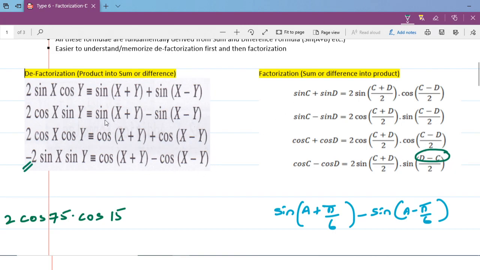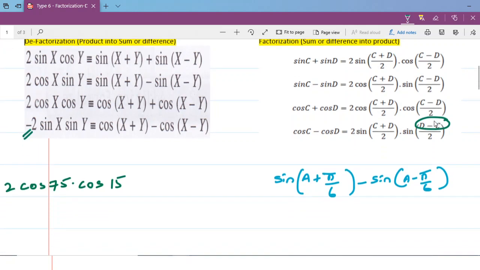So assume that you have kind of memorized all these formulas. There are a total of 8 formulas, and if you know one, you can derive the rest of them. So 4 of them are on defactorization, and 4 of them are on factorization. So let's first understand with a couple of examples where this is relevant. Why should I use that? Okay, so let's take the